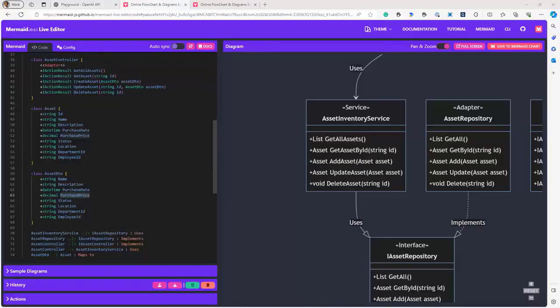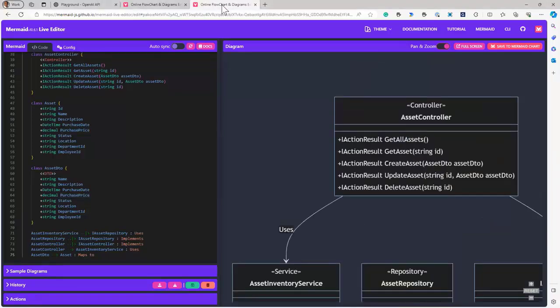We are back inside the live editor, and what you see here on the screen is the diagram that was generated previously. So this diagram is showing us the elements of the hexagonal architecture. If I go into the second mermaid editor here, I've pasted the diagram that was annotated with mappings to the ASP.NET Core architectural elements.